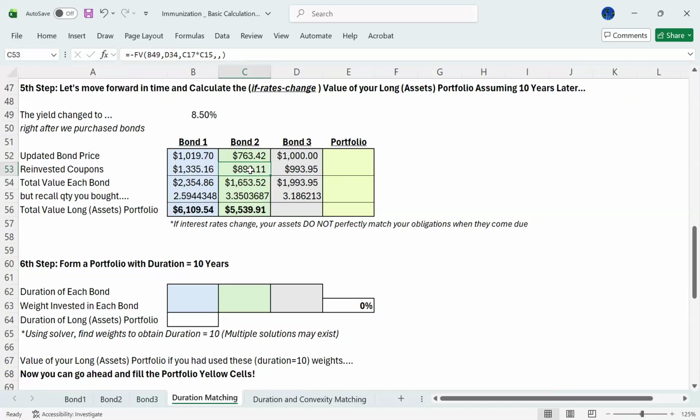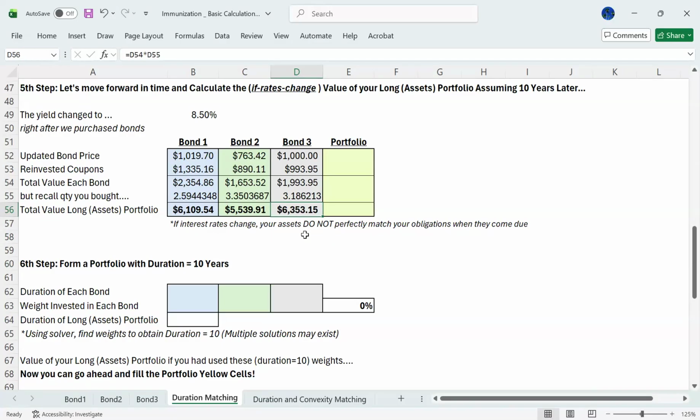It helps, but it's not enough, and I am falling short. I don't have enough. I don't have the 6,000 to meet my liability. What about bond three? Then I do have more. Actually, I'm doing very well. I'm highly above the obligation of 6,000. I have